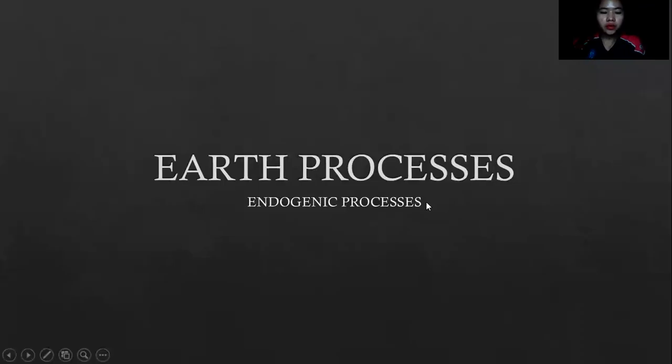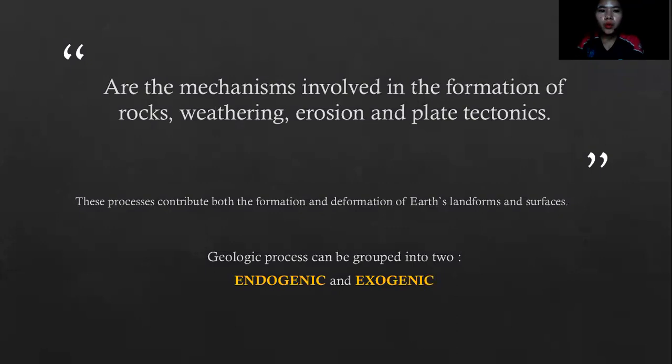Good day everyone. So today our lesson is about the earth process or the endogenic process, from the word endo, which means it happens inside the earth's crust or the rigid part of the earth. So the mechanisms involve the formation of rocks, weathering, erosion, and plate tectonics. As we all know, in terms of formation of rocks, it involves a lot of pressure, heat, and also motion